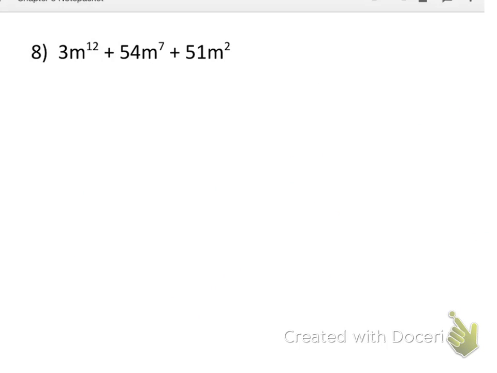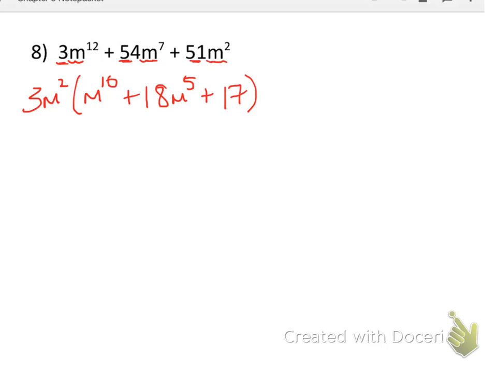Example 8. So again, we're going to look for our GCF. Do we have a GCF? Well, everything is divisible by 3, and everything has an m squared, so we can factor out a 3m squared. We're going to be left with m to the 10th plus 18m to the 5th,